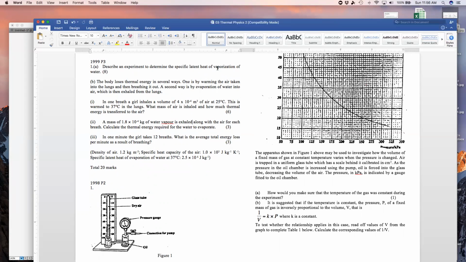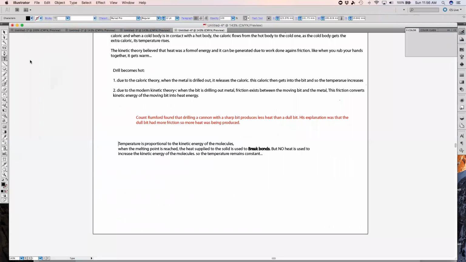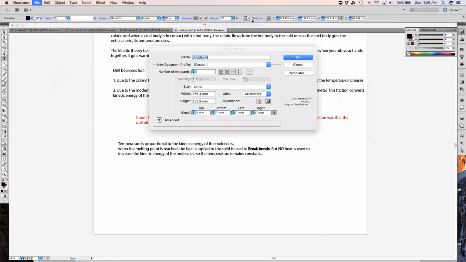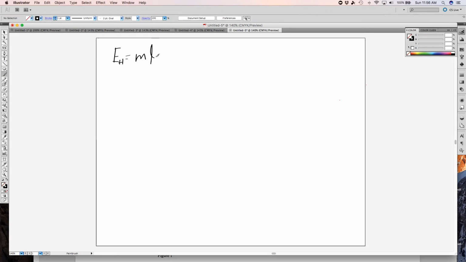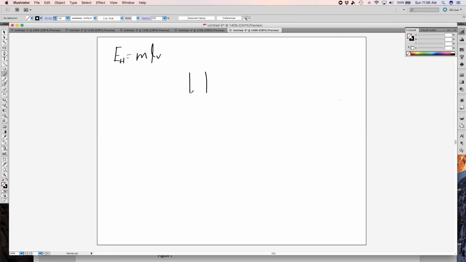Describe an experiment to determine the latent heat of vaporization of water. All right? How are we going to determine the latent heat of vaporization of water? Again, once you have to come up with an experiment, you should always find the appropriate equation. And the equation in this case for the latent heat of vaporization is E_H is equal to m L_V. So the method to find the latent heat of vaporization of water is we take a container